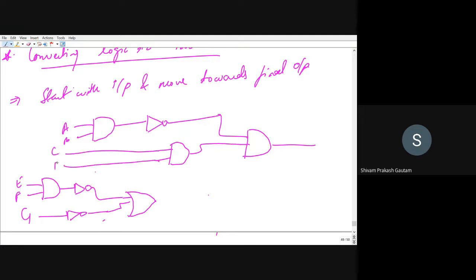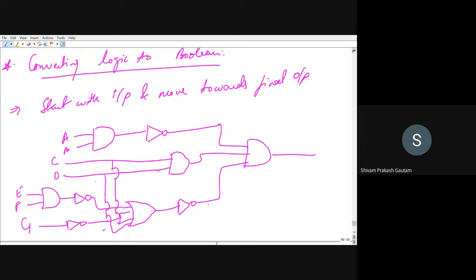This is C, this is D. I'm taking this C line and I'm providing it to here, and I'm taking D line and I'm providing it here as well. So C and D is also flowing in OR gate, and this output is flowing through the inverter, and this output of inverter is flowing to the gate. So this we want to find out what? We want to find out its Boolean expression.